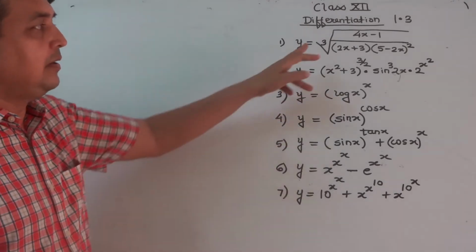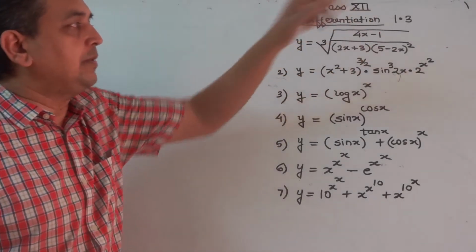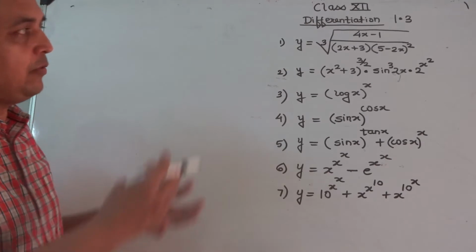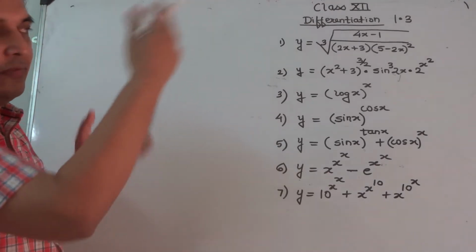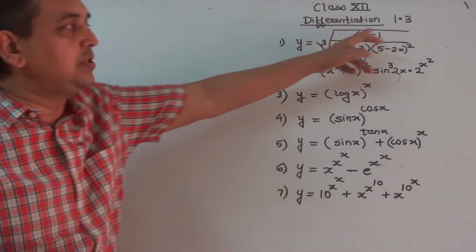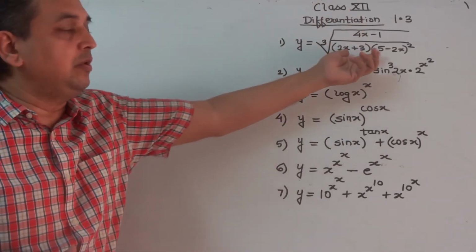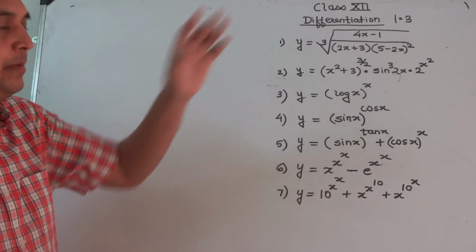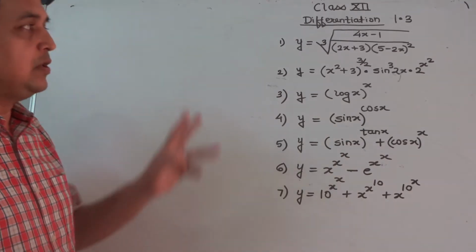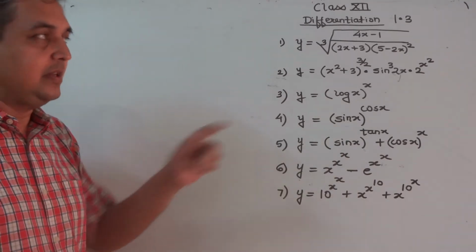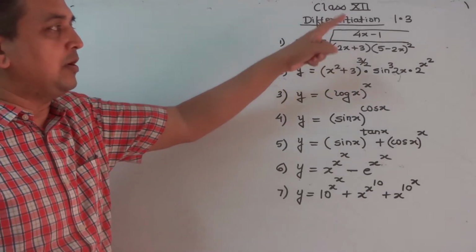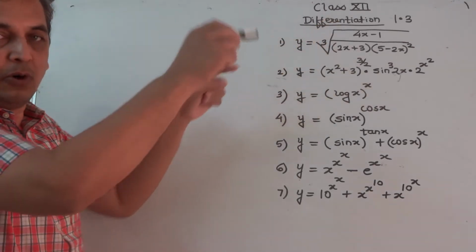directly, this should be written as to the power 1 by 3. Then we will have to use x raised to n formula, and in that we have to use the chain rule where there is division, then again chain rule where there is multiplication, and problem becomes very lengthy. So for such questions where there is either powers, this cube root is power 1 by 3,